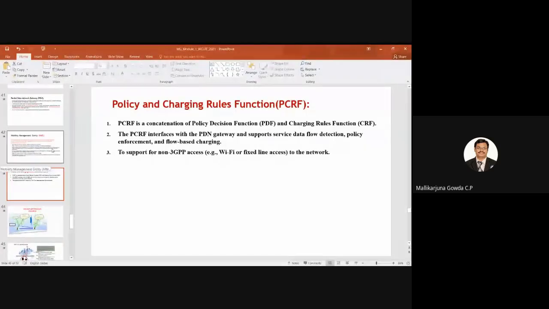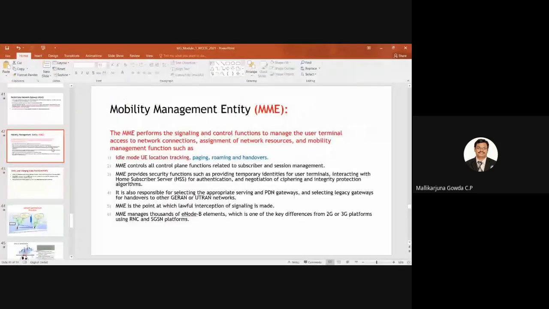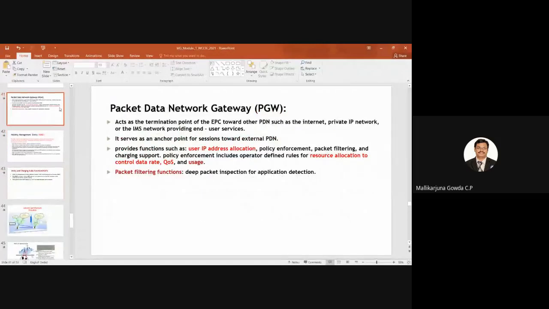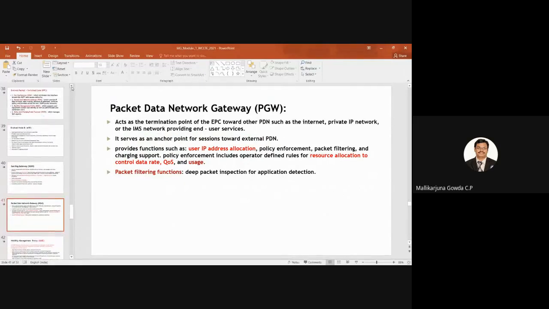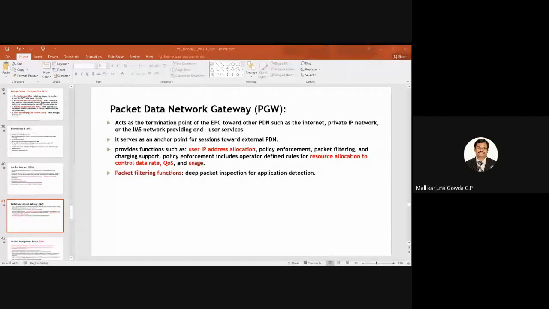Now the time is up. You can also have a look at all these things and think about them. With an analogy, we'll try to understand the functionalities of each and every network element of this LTE. Is that fine? That is for tomorrow. If I only use technical words, you will not be able to understand, so I will give an analogy through which you will understand the functionality of each and every network element of LTE.